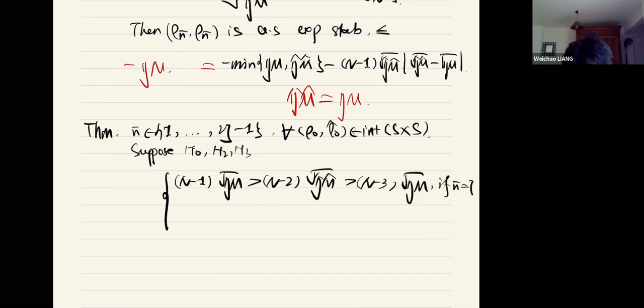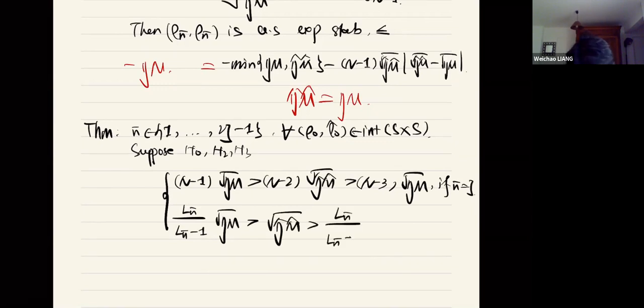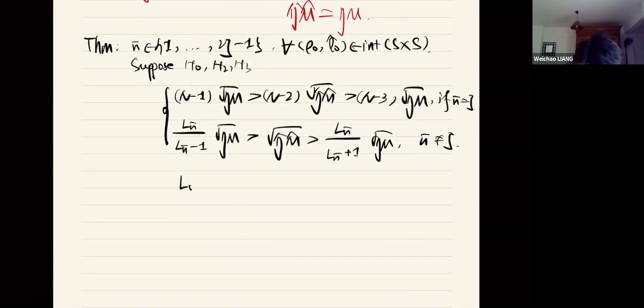If m bar equals j. And if not, if m bar is not equal to j, okay, where L m bar is defined by this constant, minus m bar, okay, then